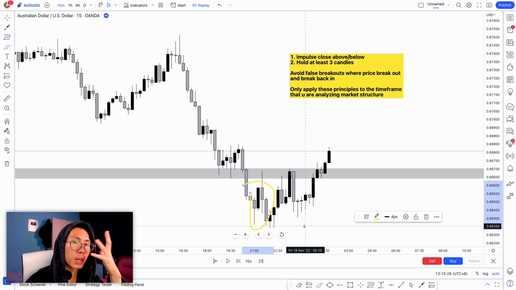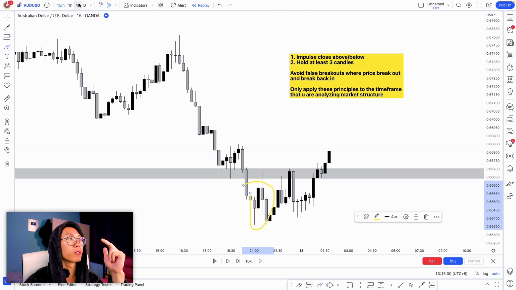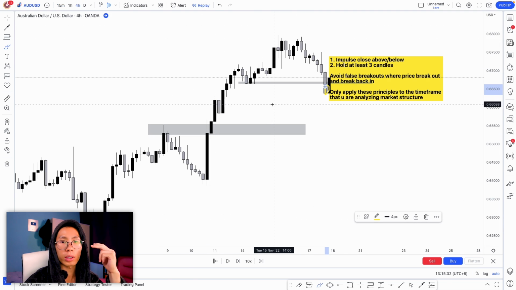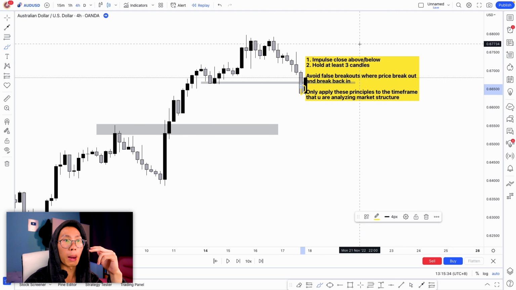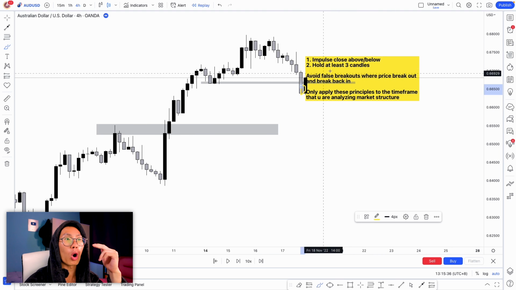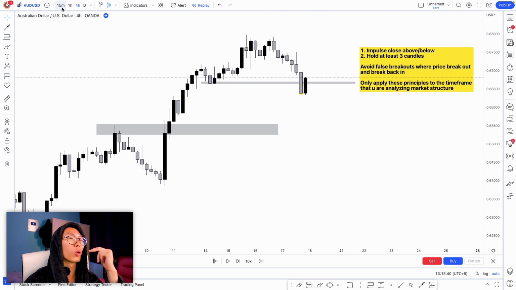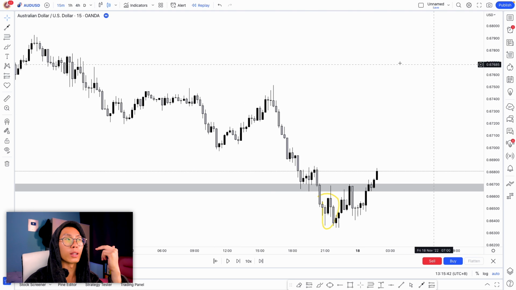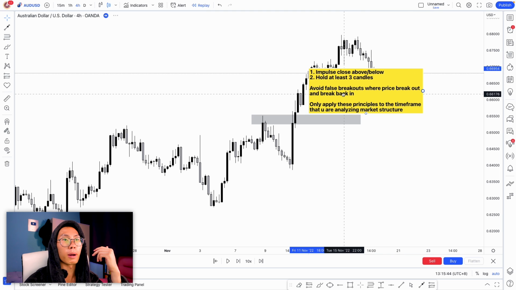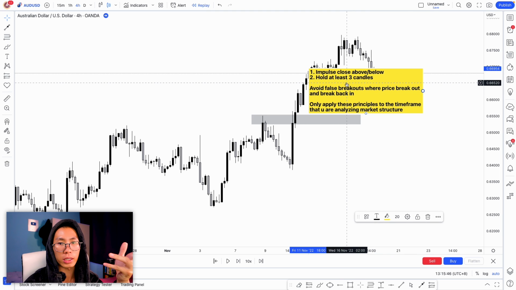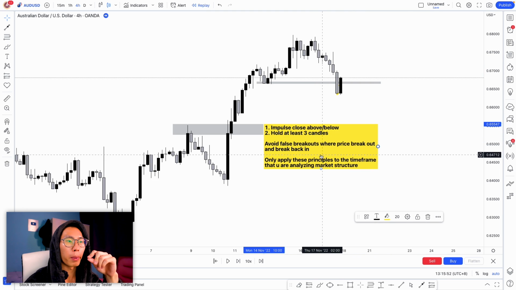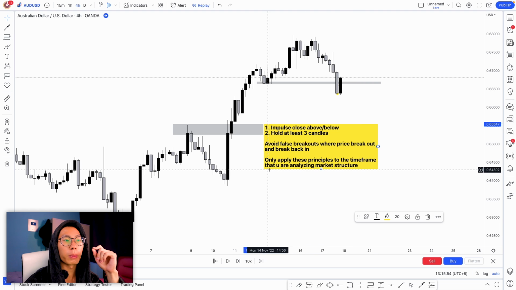But then bear in mind that you actually analyze the break of structure on the 4-hour time frame. So you should be applying these two principles on the 4-hour time frame, right? Right here on the 4-hour time frame, instead of going down to the 15-minute time frame to apply those two principles on the impulse close and hold at least 3 candles. So that is exactly what I mean by only apply these principles to the time frame that you are analyzing